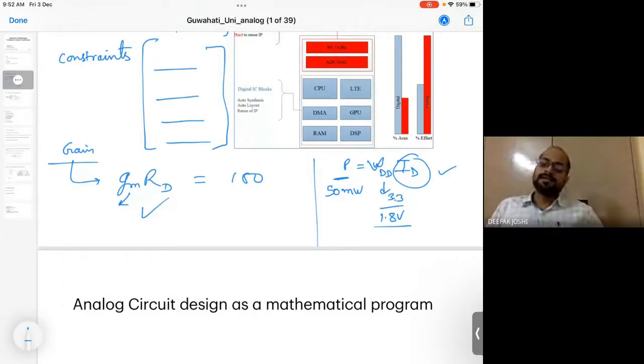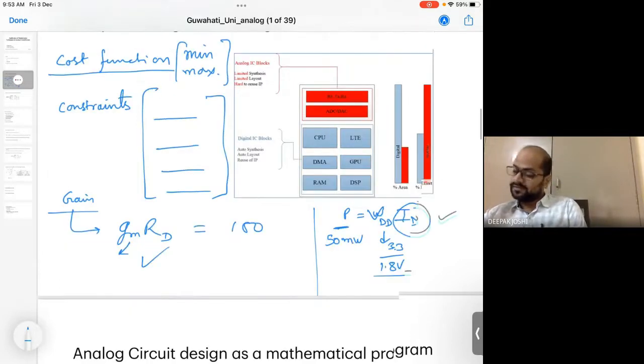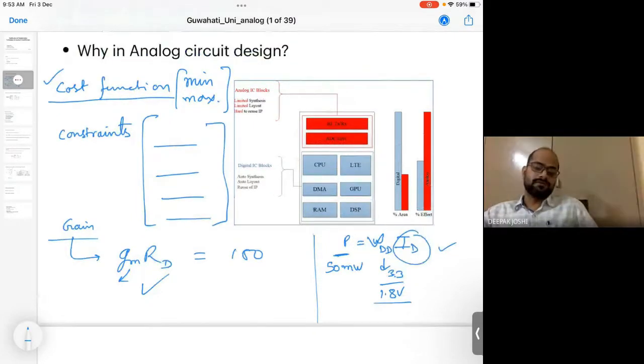Similarly, a similar exercise has to be done for the other transistors also when we are not using the optimization algorithm. But ultimately we are solving a set of equations, isn't it? So that set of equations can be solved with the help of optimization algorithms. So that is what we are doing here: we have to consider our cost function first of all, and then we will have to